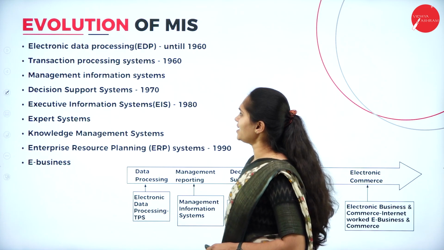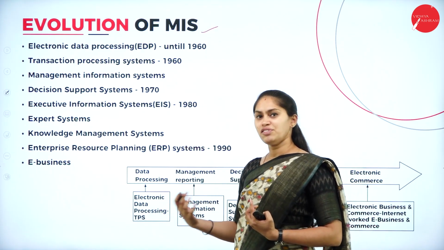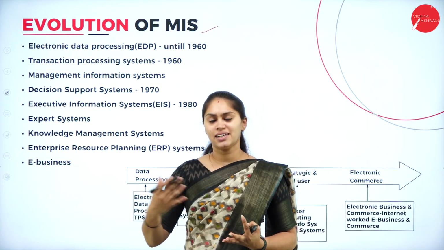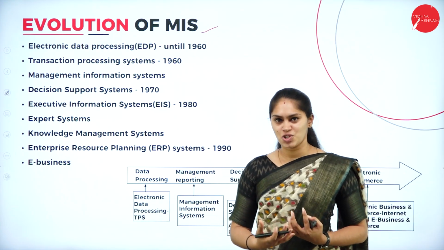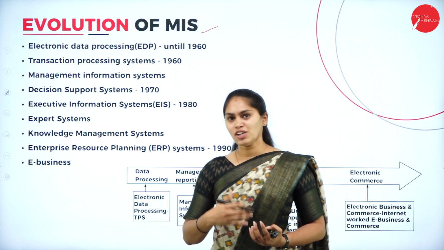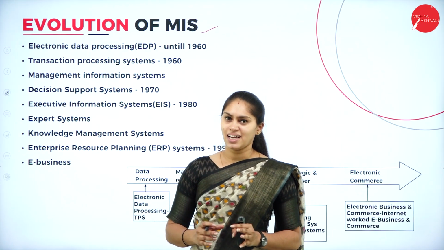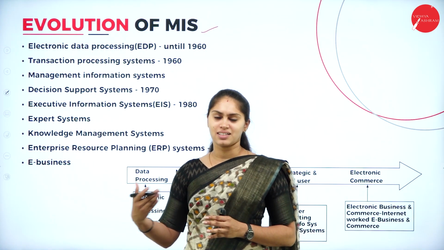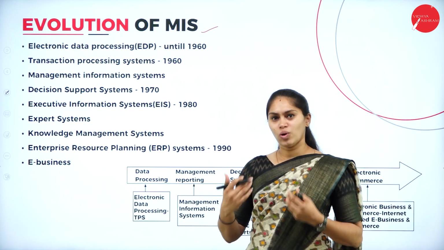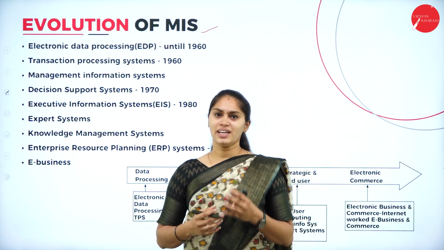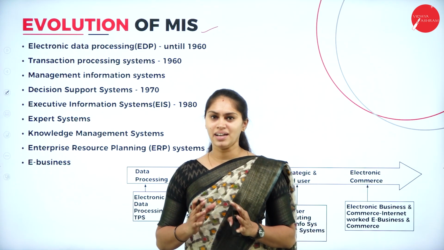We'll see the next topic, that is the evolution of MIS. How did this MIS evolve? If you go back to the earlier, ancient days, when they wanted to make decisions or run a business or an organization, everything was calculated and managed with the help of manual things. That means it was paperwork. No computers were used, no other electronic gadgets were used. They just kept writing and keeping all the records with pen and paper.